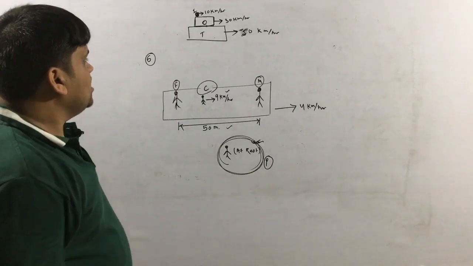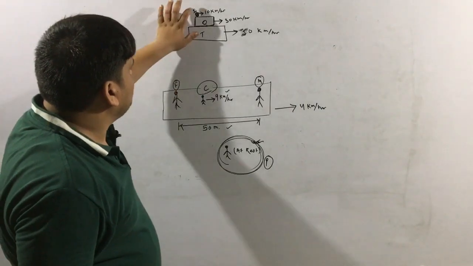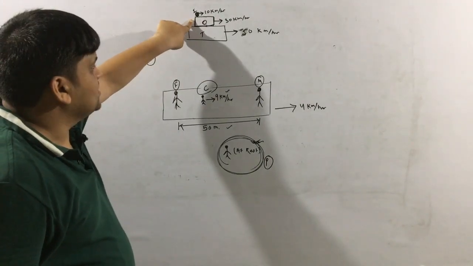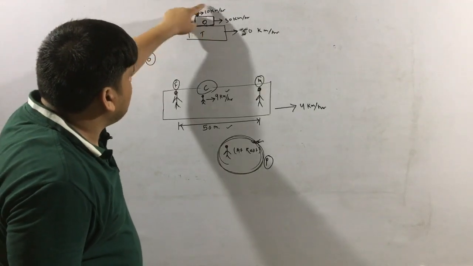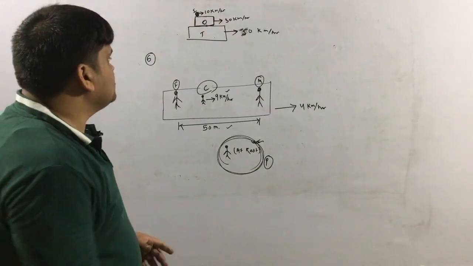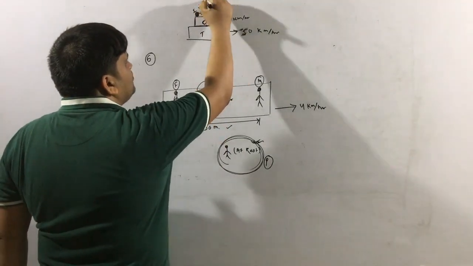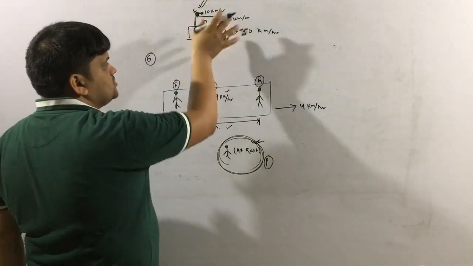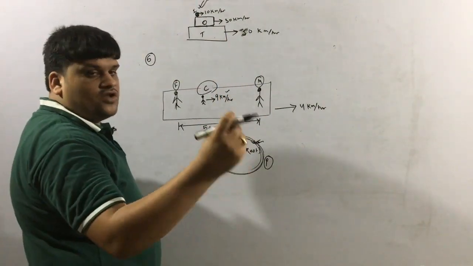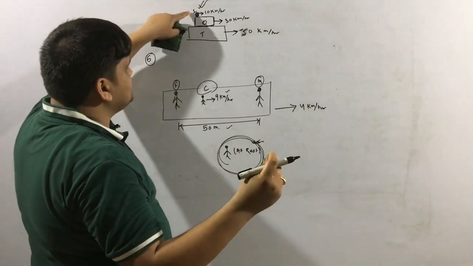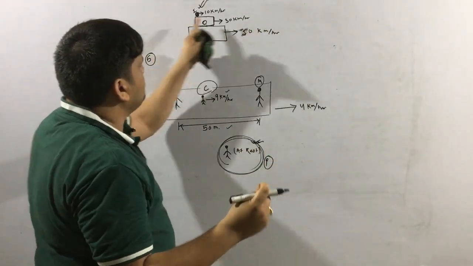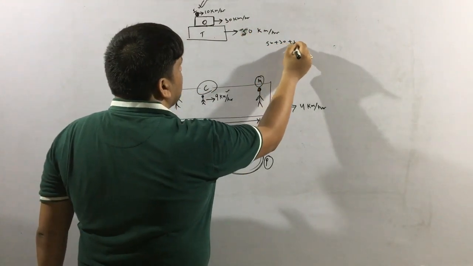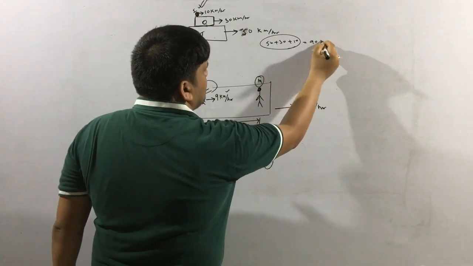Now you see, if someone asks what is the speed of this insect with respect to the car or with respect to this object, then it will be 10 minus 30, or minus 20. But if someone asks what is the speed of this insect with respect to a person who is standing outside, not on any object, then for him what is the speed of the insect? 50 plus 30 plus 10. So for that person it will be 50 plus 30 plus 10, so it will be 90 km/h.